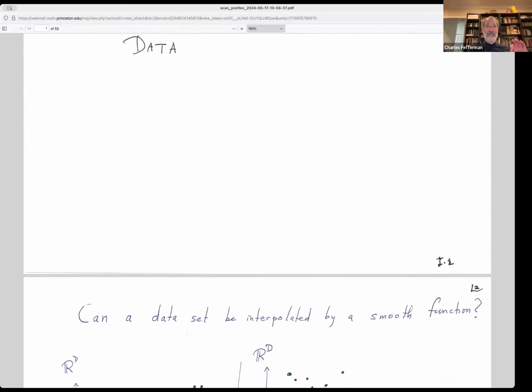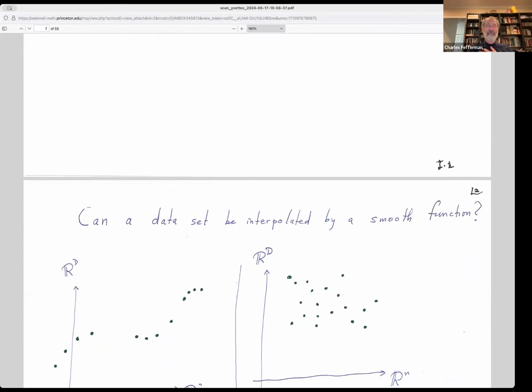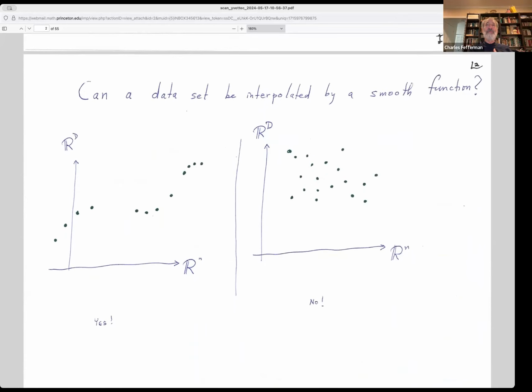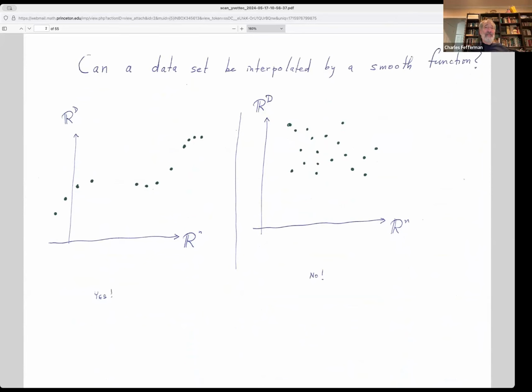So I'd like to start with three applied-sounding questions. The first is, can a data set be interpolated by a smooth function? I've shown in the slide a very simplified picture in which Rn is represented by a horizontal axis and Rd by a vertical axis, and we have some data points. In the left-hand picture, it seems clear that the data can indeed be interpolated reasonably by a smooth function from Rn into Rd. Whereas in the picture on your right, the data cannot reasonably be so